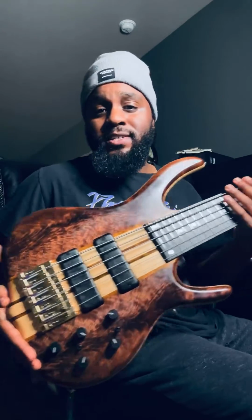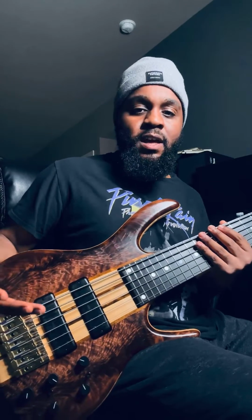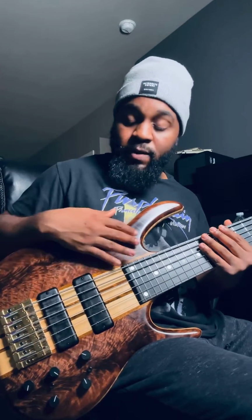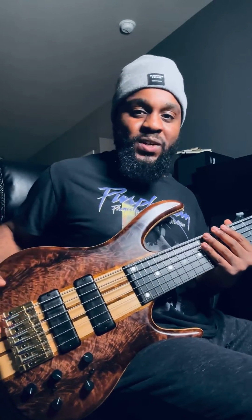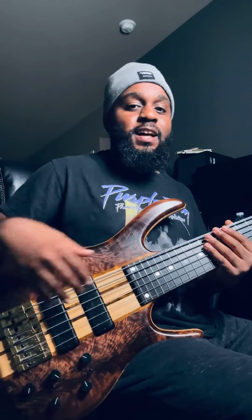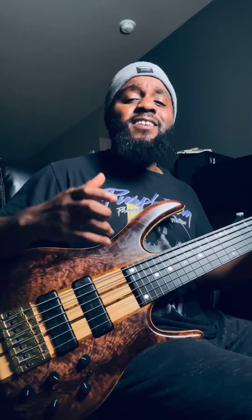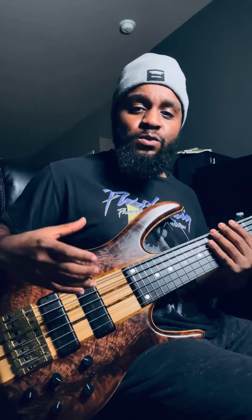This one is a 2017 Black Tiger, one of the very last of the oil rub finishes. The oil rub is really nice because it exposes the pores of the wood and it gives that openness in the sound. But what I'm here today to talk about is how to get a decent slap tone from a